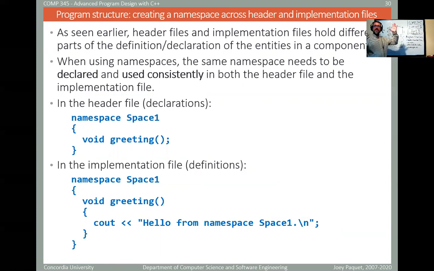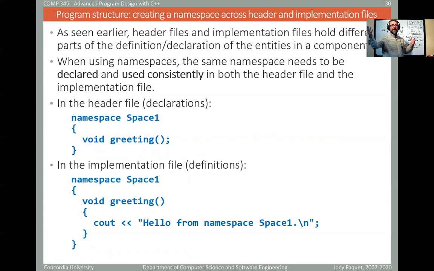If I declare in my header file that there is some class, for example, that is part of namespace X, then when I have my corresponding CPP file, I should also refer to namespace X to contain the elements that are declared as being in namespace X. So if you have a namespace being used in your header file, it should, in most cases, have the same corresponding namespace being declared in your